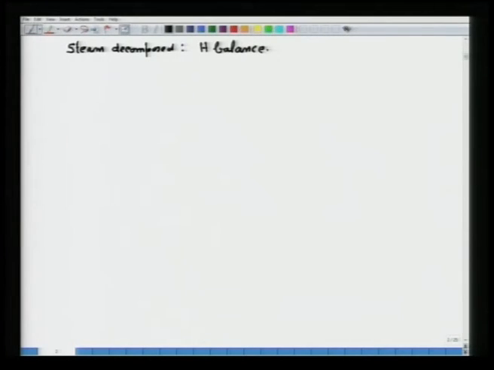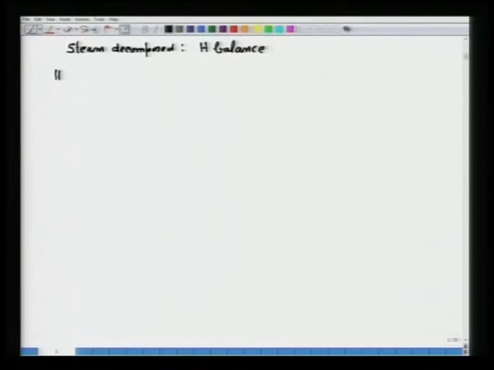You have to perform hydrogen balance. I am writing H balance because coal, tar or soot always contain elemental hydrogen, whereas gas contains H2, it does not contain H. So, if we write down hydrogen balance, then hydrogen balance: H from coal